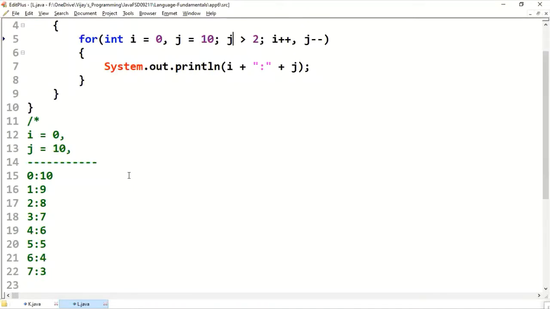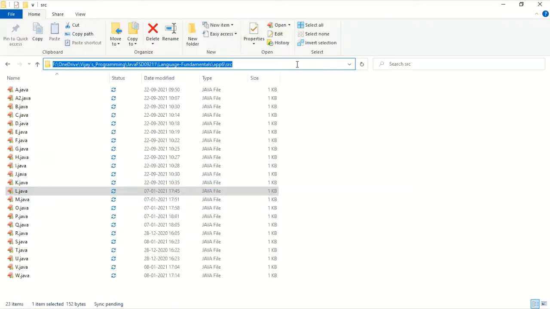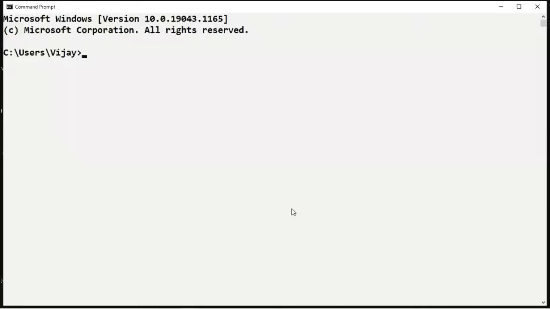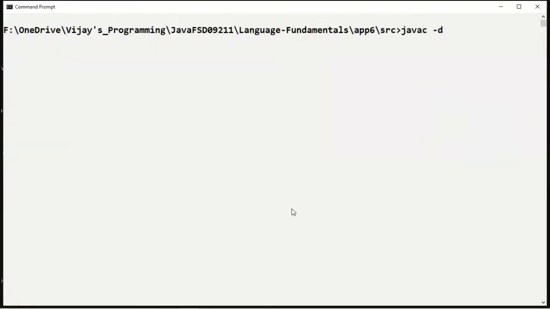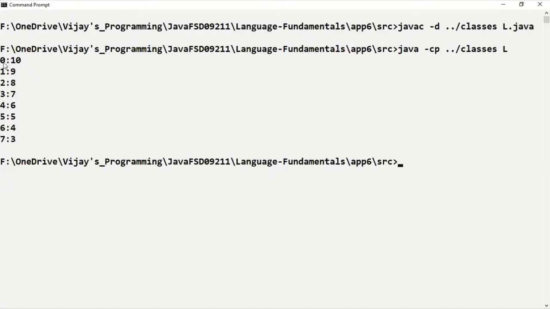What output will we get? From 0:10 to 7:3.